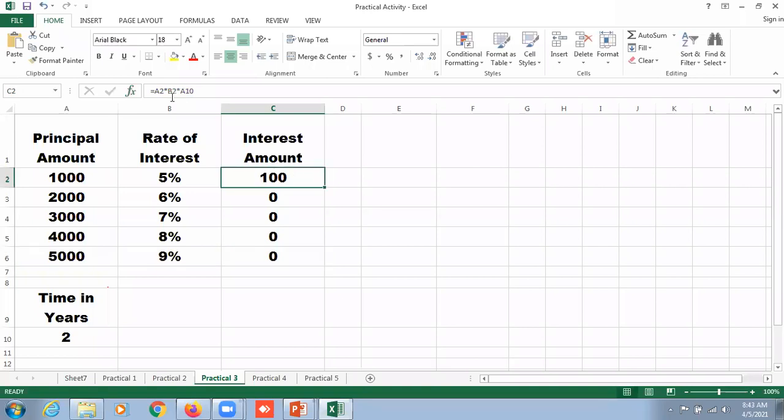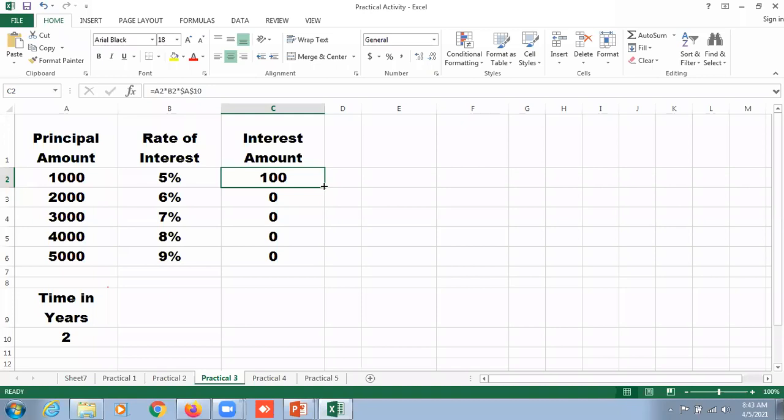So what we are going to do here, we are supposed to insert a dollar in front of A. Again, we insert a dollar in front of 10 to make this particular cell a constant. My dear children, if you understood my point up to here, why we have inserted this dollar symbol, to make this cell constant, which is not supposed to be changed.